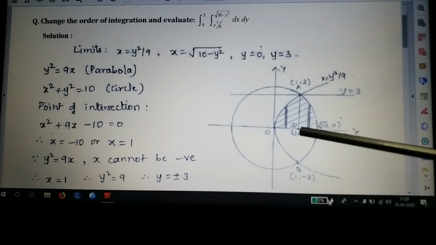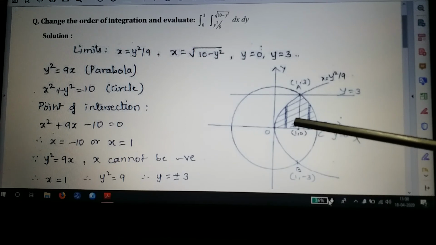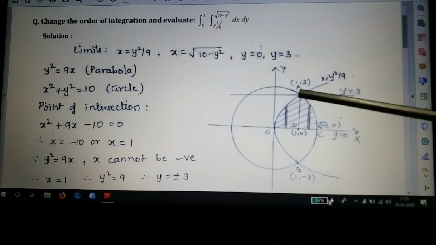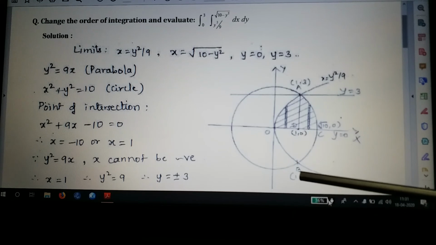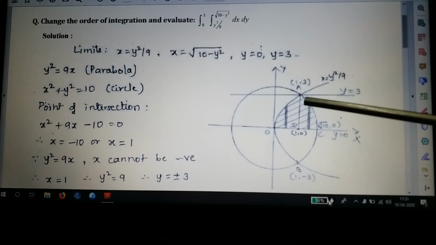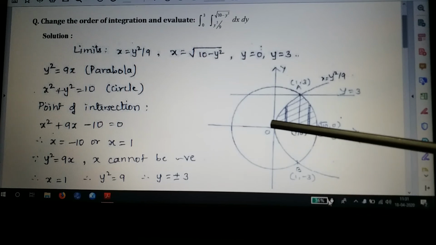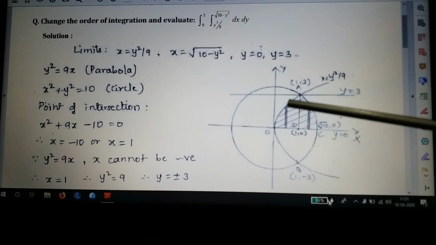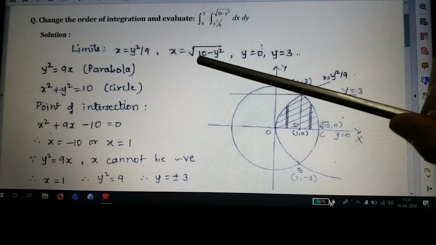So we have to decide that somewhere we have the point 1 on the x-axis. Above that, wherever it cuts the circle and parabola intersection, there will be the point 3. Similarly here the point will be 1 comma minus 3. So we get these 2 points of intersection, and we will draw a parabola which passes through this point, the origin, and this point. So we can draw the parabola this way. Okay, so the parabola is done, the circle is done.